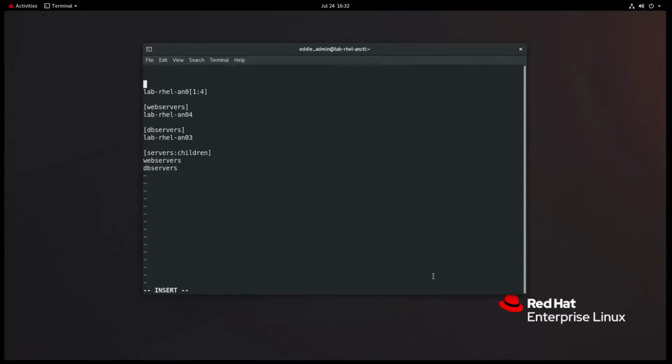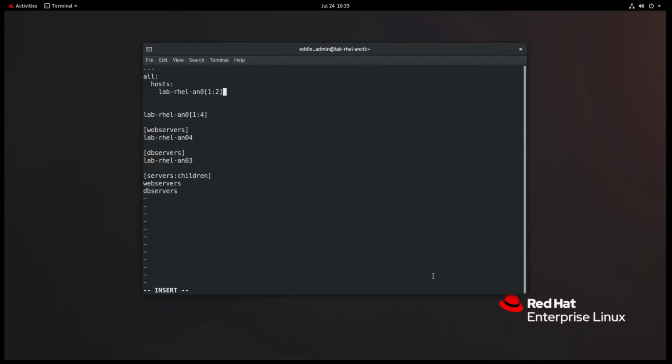But I'm going to start our YAML file, do your 3 dashes, and the YAML inventory file is going to begin with all, because that will be all of the different hosts that you're going to have. Now, you can just have hosts that are ungrouped. We can put that under all hosts, and you can also do children to start indicating groups. So what we're going to do, we're going to have 2 hosts that are not going to be in a group. And that's going to include labrel